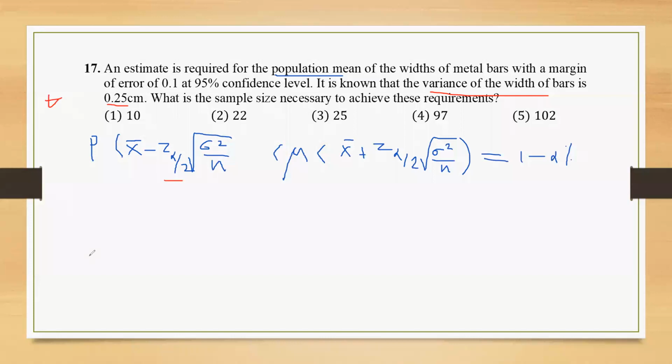So that is the major difference. Right. So based on this confidence interval, we can do the calculations. So here, what they say is the confidence interval is 95%. So if you draw the distribution, first you need to